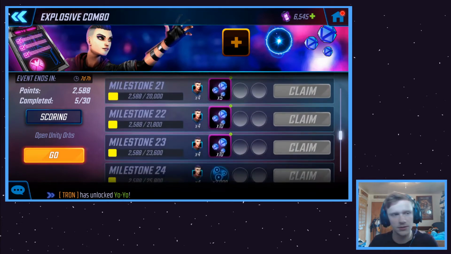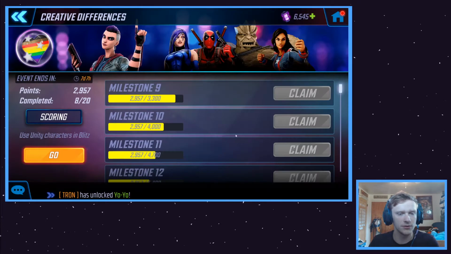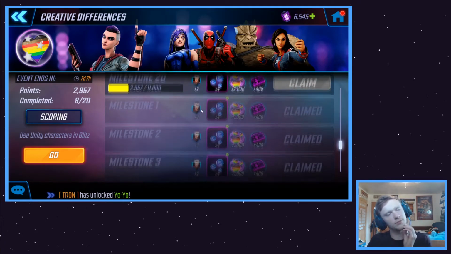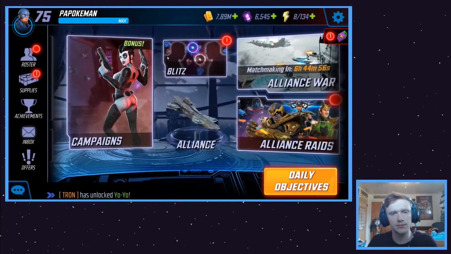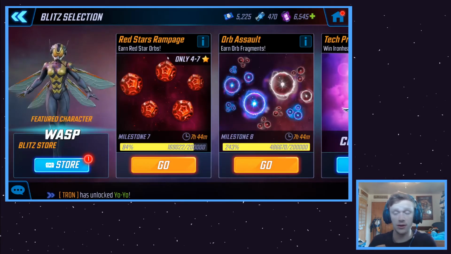The reason why you have to blitz a good amount is, of course, to complete this milestone set right here, but this shouldn't be that hard to do at all. But what you're going to want to do is, after these blitzes end today, these orb blitzes and the character blitzes start,